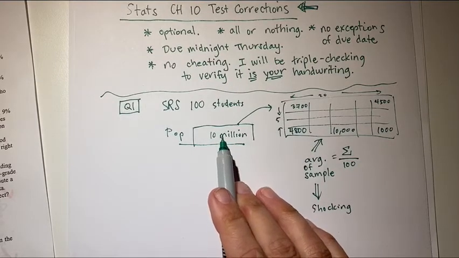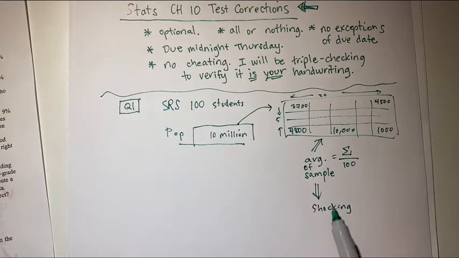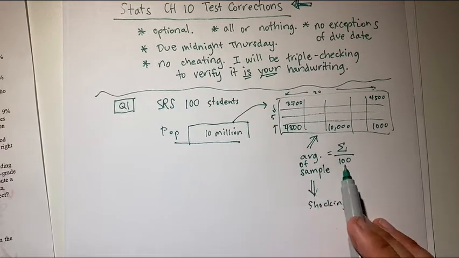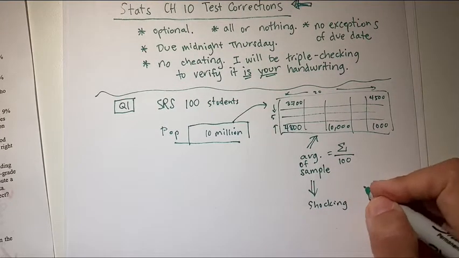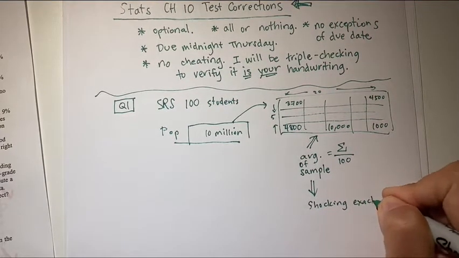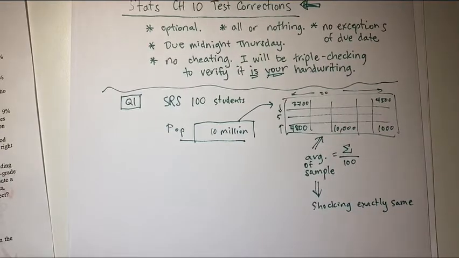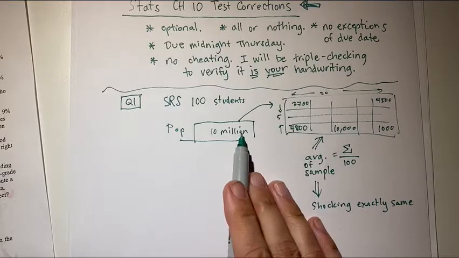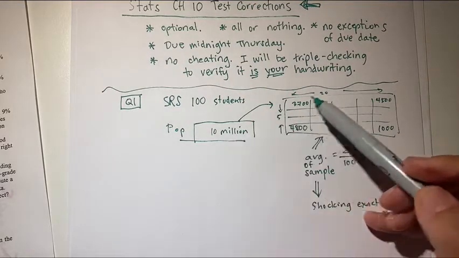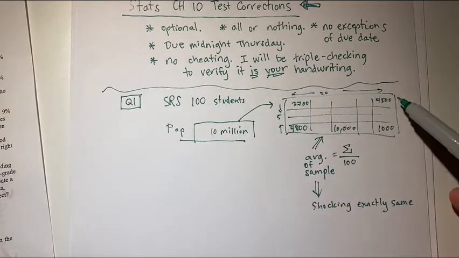It's just based on chance variation that each of these average samples would be different. It would be shocking if they were exactly the same, because they're not pulling from the same numbers. They're pulling from the same population though. So if I pull from these 10 million and make a simple random sample of 100,